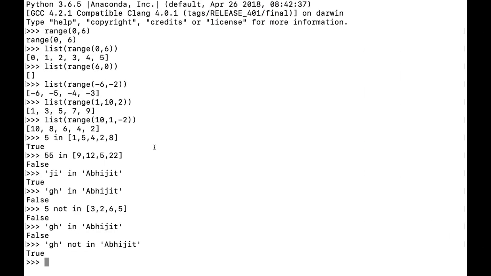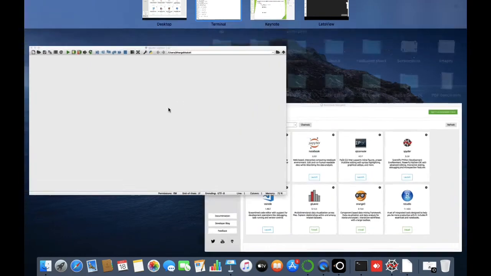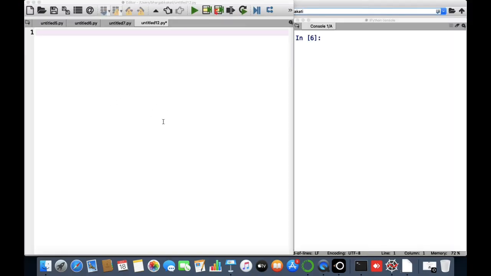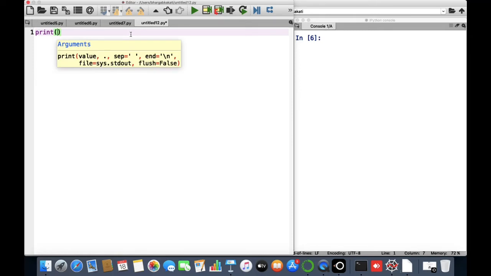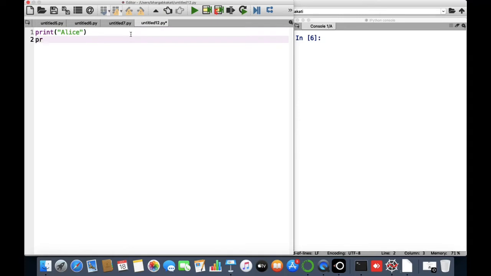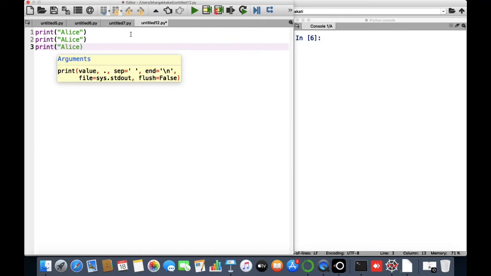Now when are looping statements used? Looping statements are basically used when we want to repeat a set of statements for a given number of times. Let's say I want you to print your name 5 times. So how will you write? You will just write print, then your name. Let's say your name is Alice. How many times will you write the print statement? You will write the print statement 5 times. Okay, I'll write print Alice,